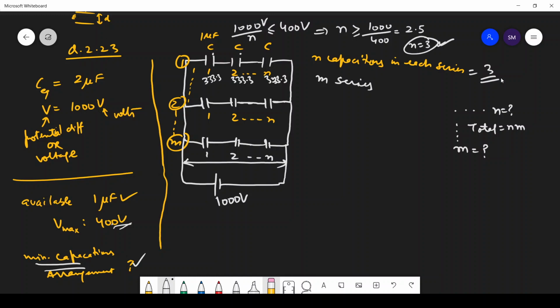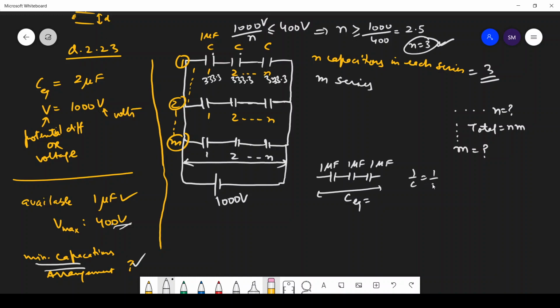Now how many total series will be there? So what is the equivalent capacitance of one series? So these 3 capacitors are there. Now 1 microfarad, 1 microfarad, 1 microfarad. So what is the net capacitance? The net capacitance. So their equivalent capacitance will be,